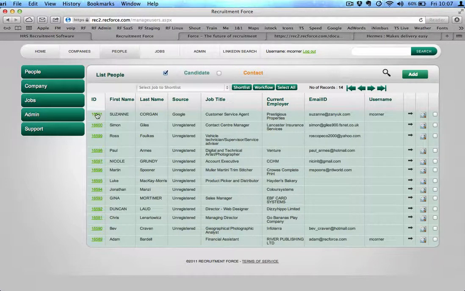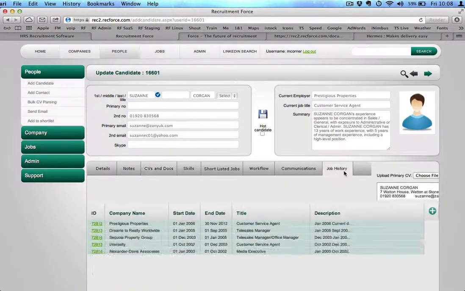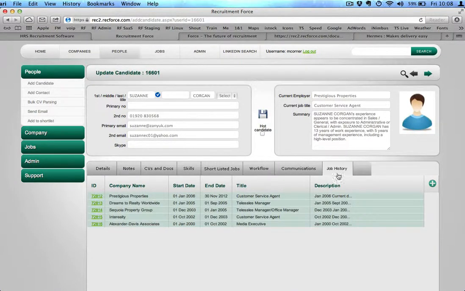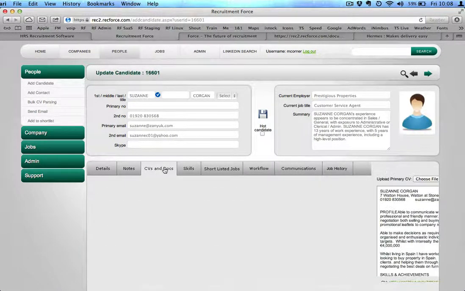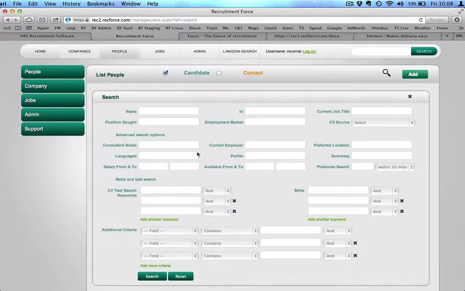If we go into one of these records, we'll just see in the CV and Docs area. And just to confirm also, you'll see that the job history has also been populated. So let's go into CV and Docs tab, and we'll see that there's some stuff here. Let's say I'm just trying to find something. Apple Mac skills we've got there. So let's search for Apple Mac skills. So click on the search button, and you'll see a bunch of information open up that allows you to do